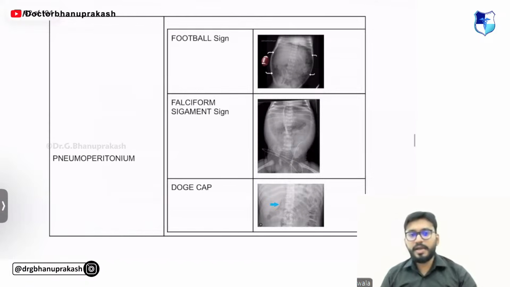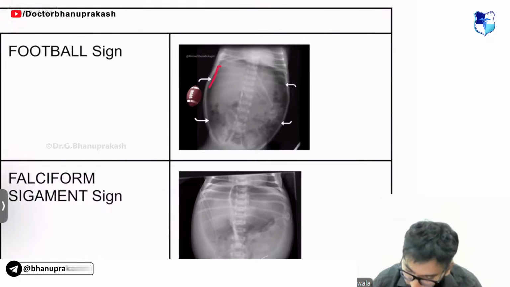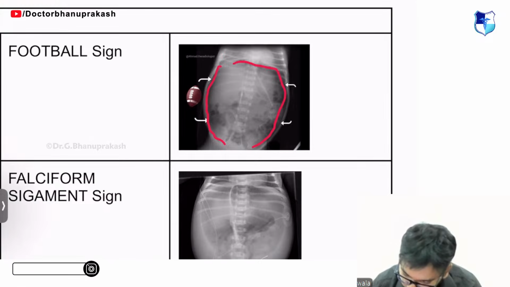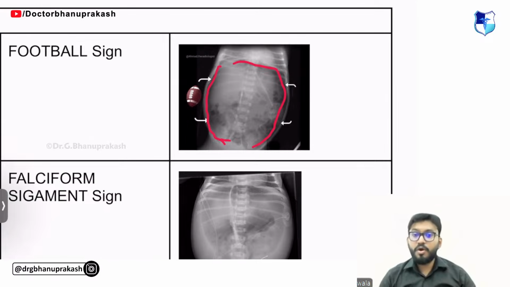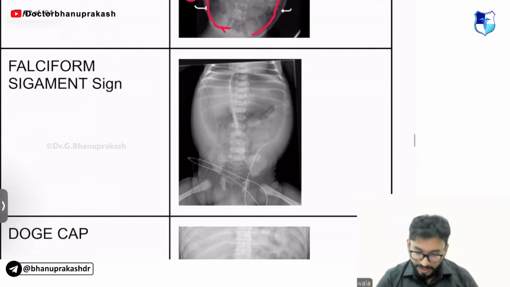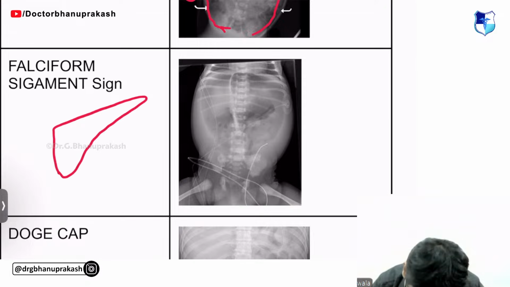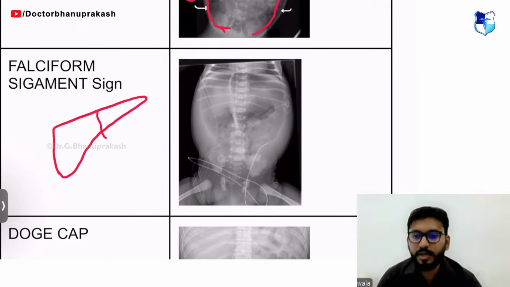Pneumoperitoneum, guys. So air under the diaphragm is one sign; the other signs: it is a football sign. Can you see all of this air that is there? This is known as your football sign, representing the American football, guys, not our football. Falciform ligament sign. Normally this is a liver, and there's a ligament here known as the falciform ligament.